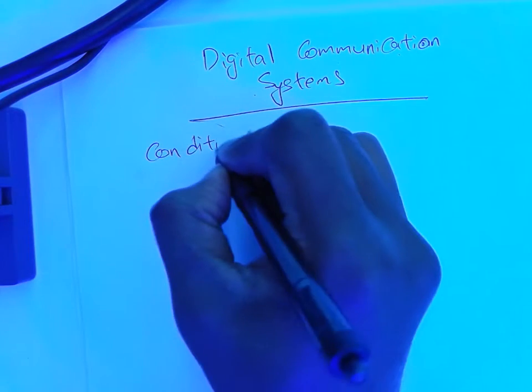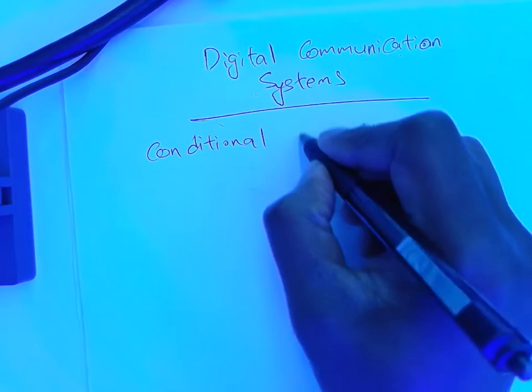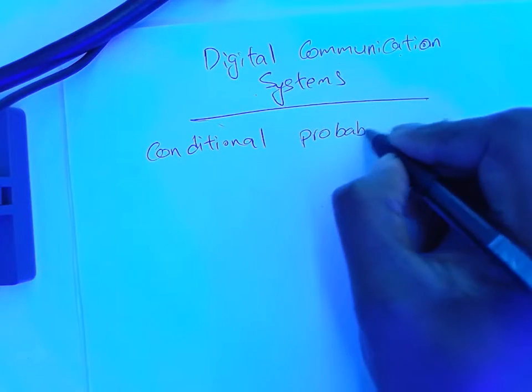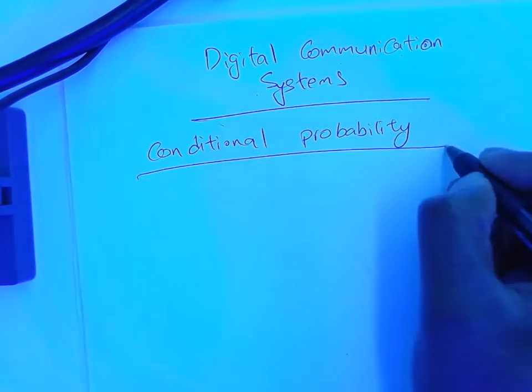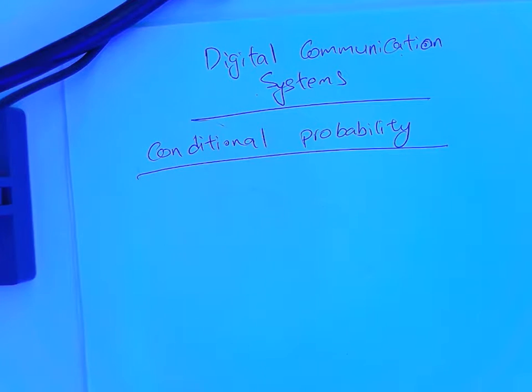Conditional probability. So now we want to talk about, okay, if you're given extra information, right? How does your estimation, or how does the probability of an event change given extra information? Okay, so that's what we're going to talk about, conditional probability. All right, so